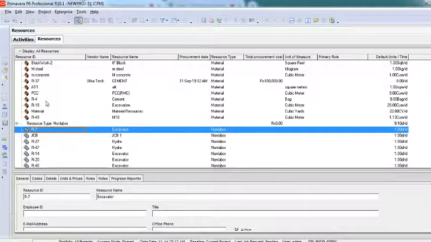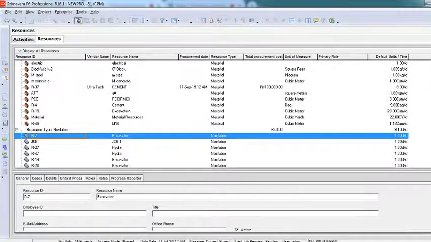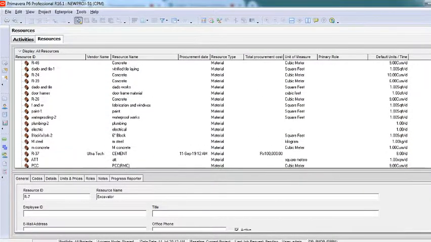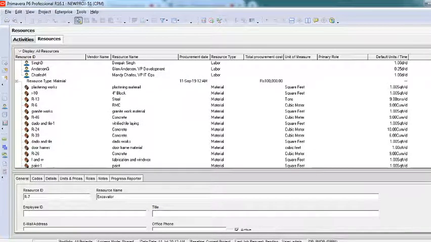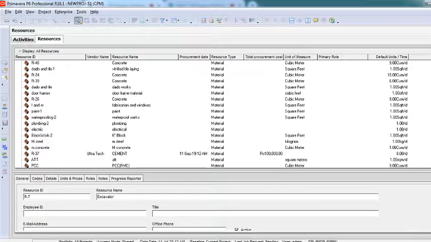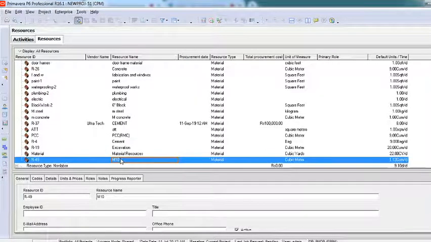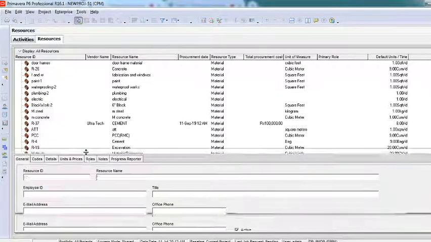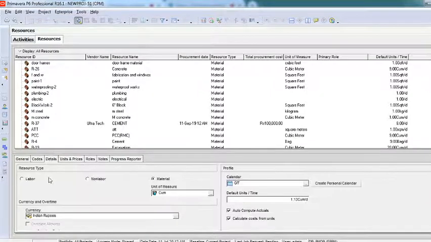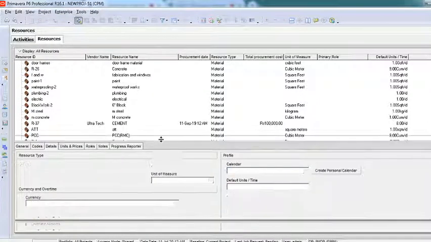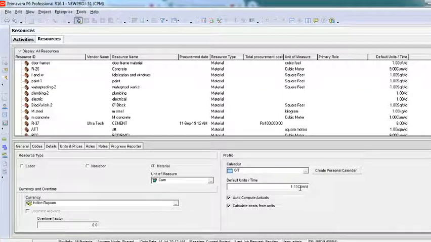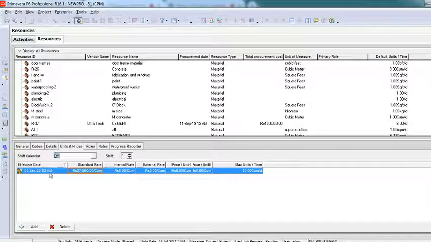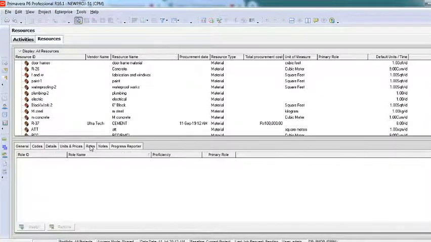So where did I create that M15? Yeah, I created it as M10, right? Yeah, it's here. Now if you want anything further to be added to this, you can add. Again, it's here, details. You can see here also we can make the changes. If you want anything to be there, you can add it here. Any changes in the cost and all, you can do here.